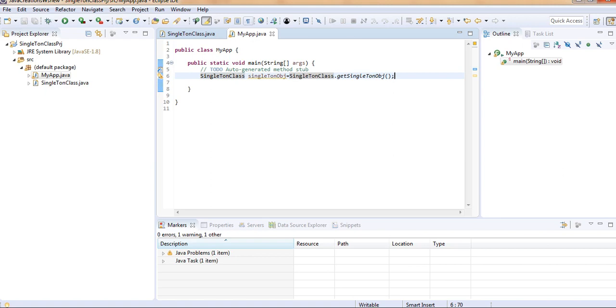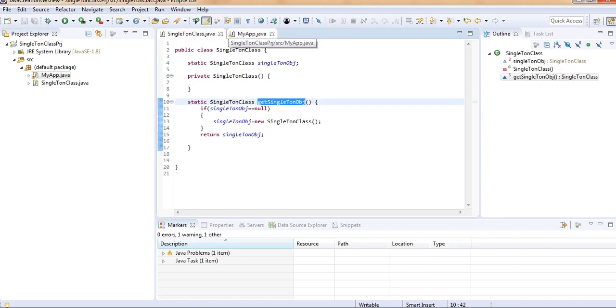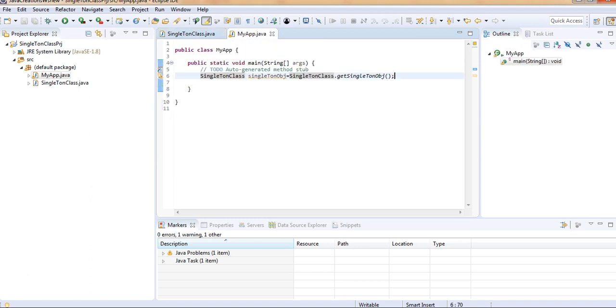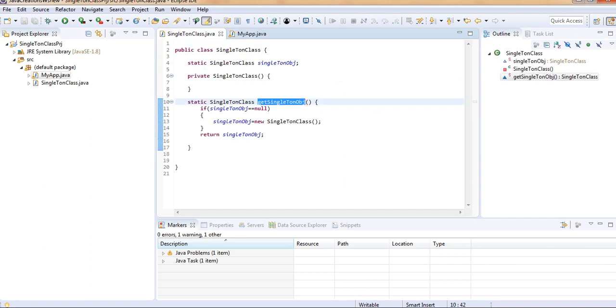So now as you can see, over here in this my app class I am basically creating the object, but not by the general statement of the new keyword, but by calling this static method, the get singleton object method of this class, inside which we are creating the singleton object.